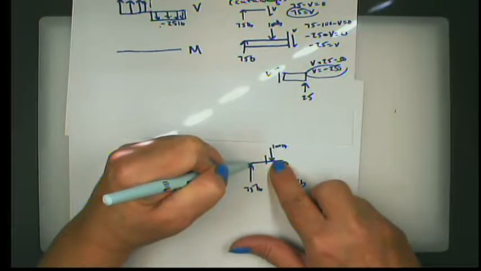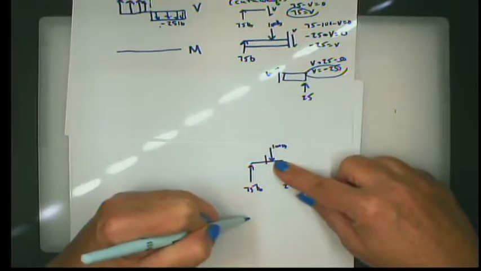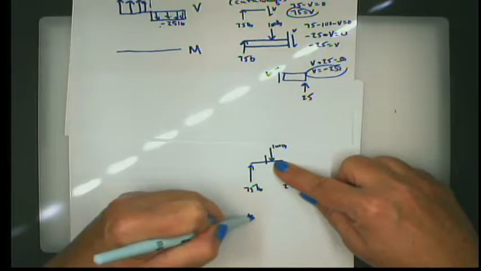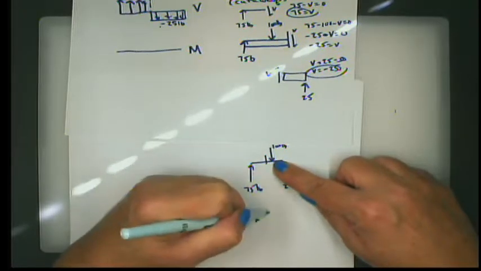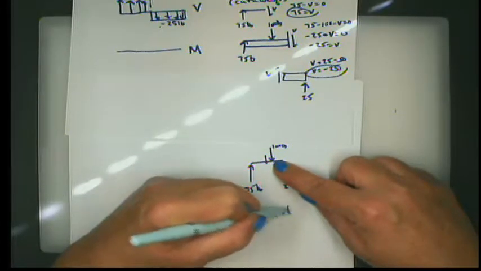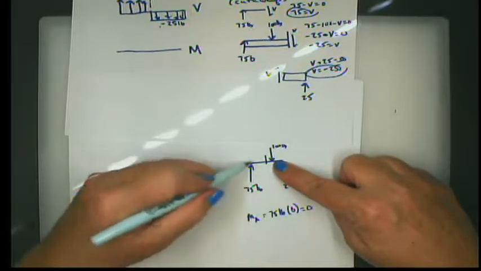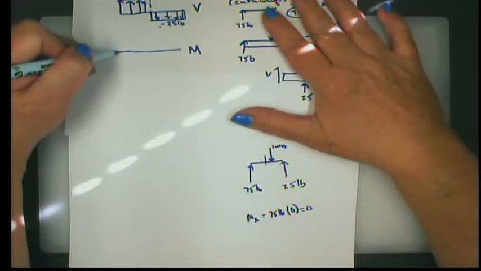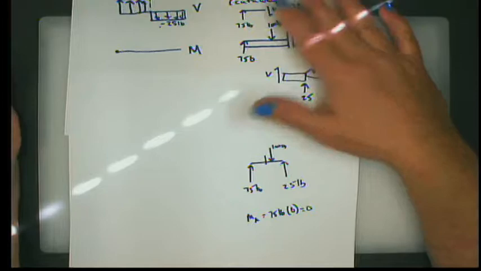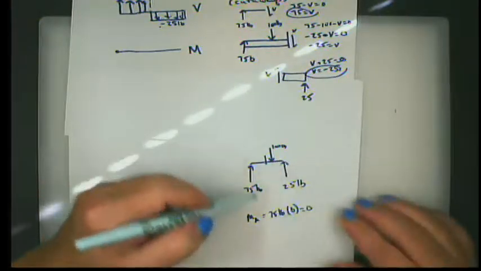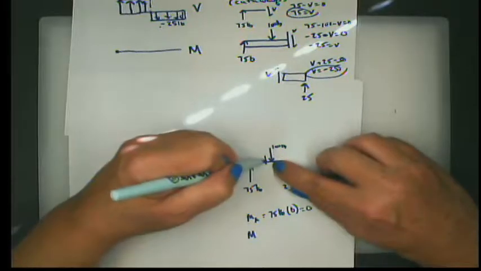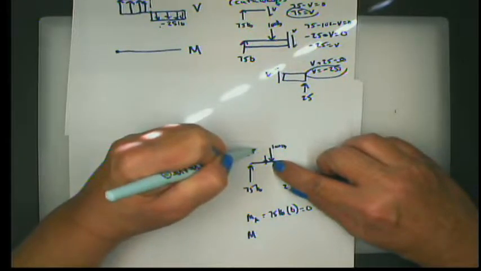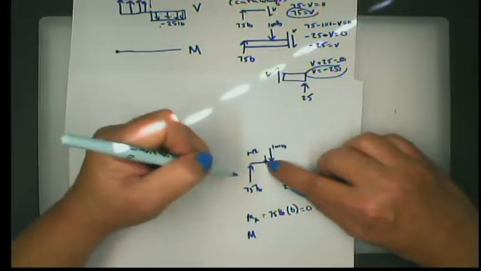All right, so every time that there's a discontinuity, once again, we want to cut. So if I cut between here and here, if I think about my moment at the beginning, my moment at point A, it's going to be equal to 75 pounds times the distance, which is 0, or 0. So that means that my moment is going to start out here at a value of 0. But what happens when I come out here to 12 inches? Well, the moment at 12 inches, if I cut right here where this distance is 12 inches,